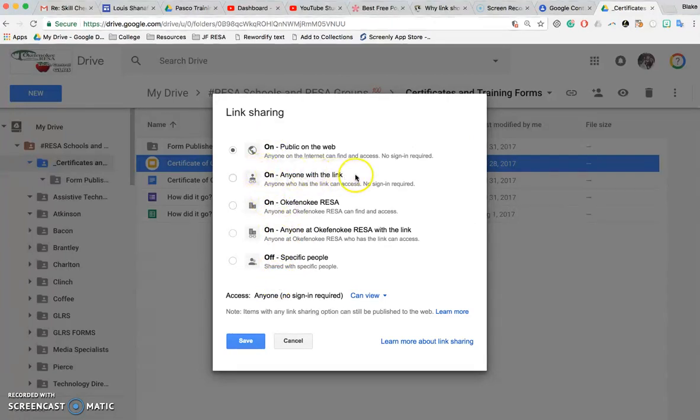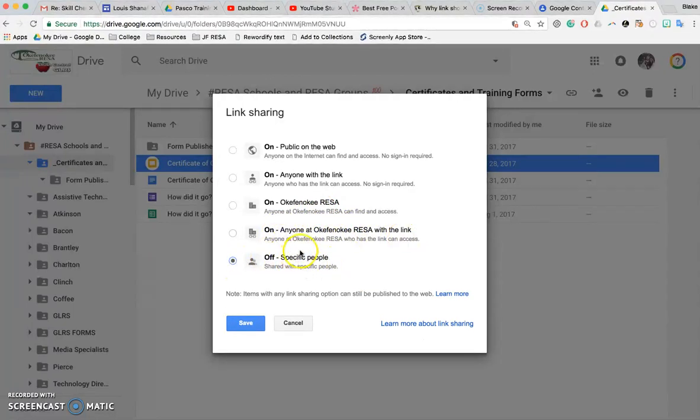So anyone with the link, anyone at just Okefenokee Risa, so my specific domain, anyone there with the link, or just specific people. So if you want something that only specific people can open, you can click there, and when you do that, you'd have to specifically share that with them through their email address, so that they could have